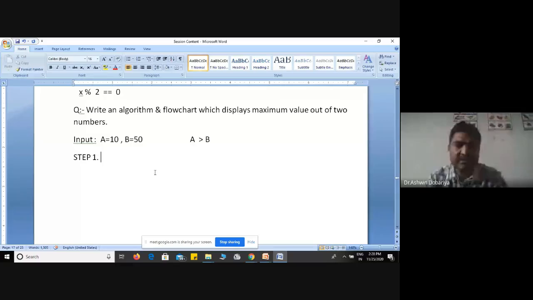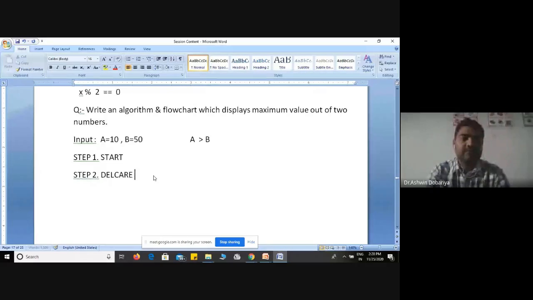How can we write the algorithm? Step 1, start. Then step number 2, declare variables: A is equal to 0, B is equal to 0. We require two values. Then step 3, print "Enter 2 numbers". And the next step,